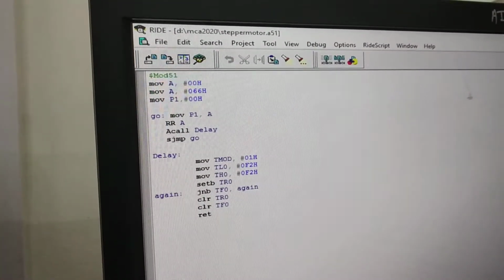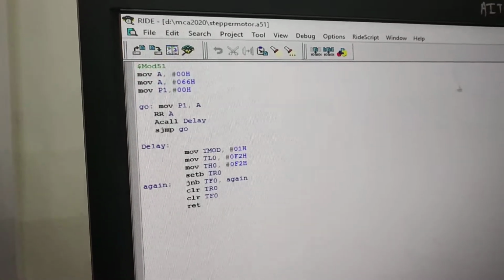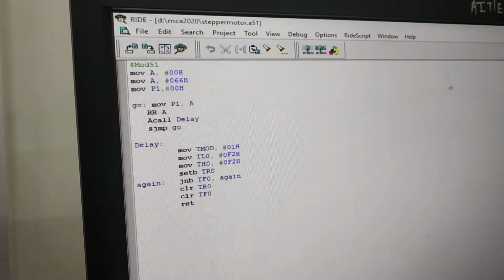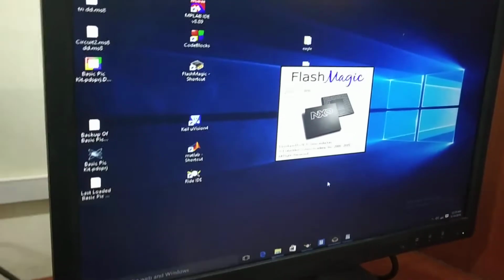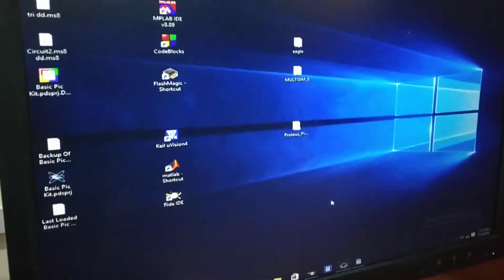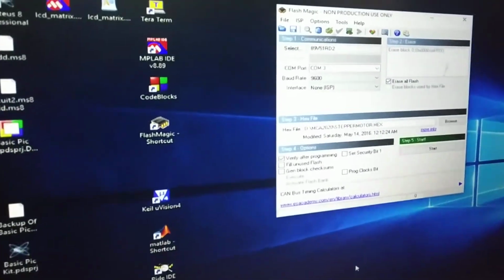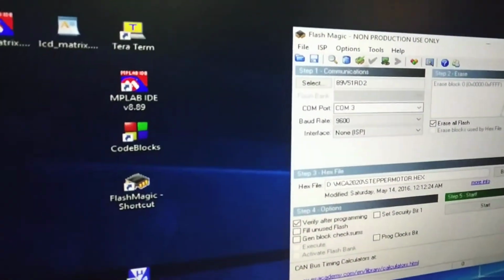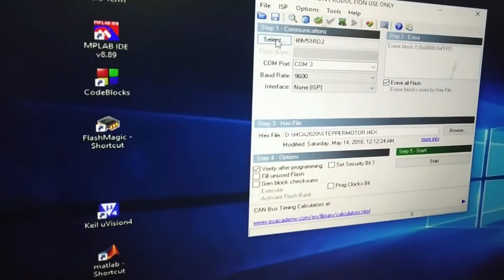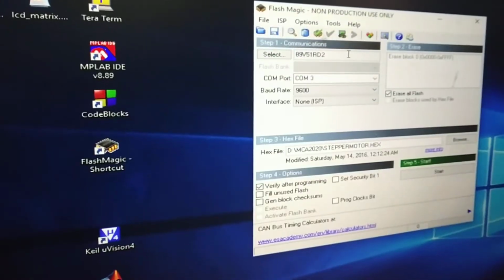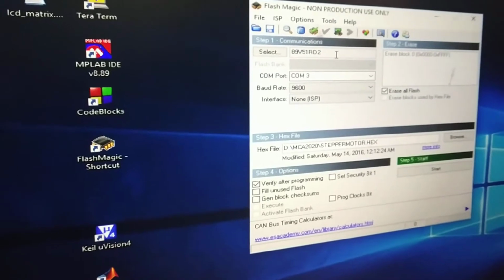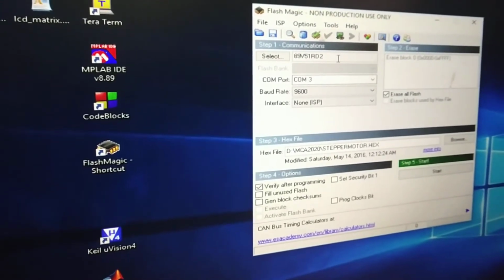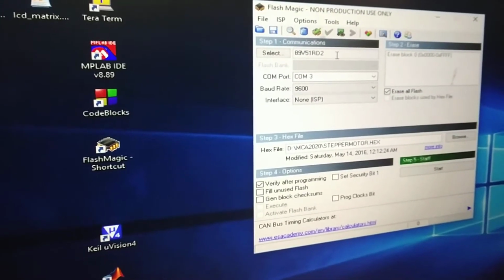Okay. So the work of the Rigel software of generating your .asm file ends here, and then you can go for Flash Magic. Flash Magic is used to download your hex file. So what is the main thing? Whenever we open Flash Magic, the first thing we have to check is the IC number. This IC number and the IC which is on your kit should match. So the kit IC number and this number should match.